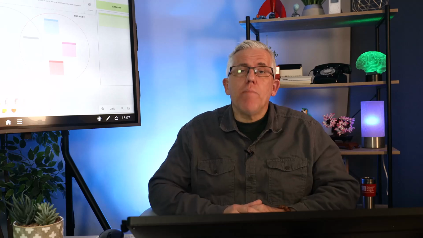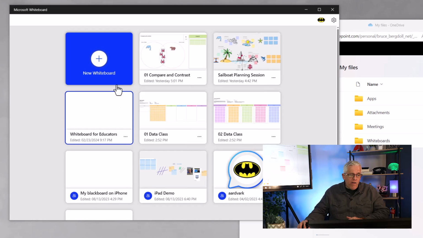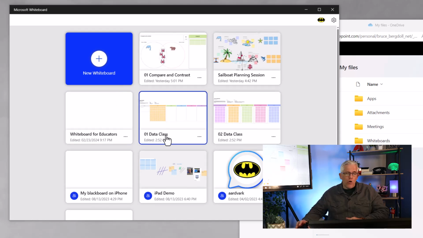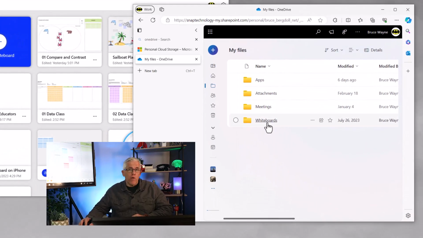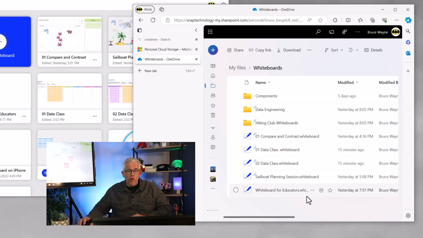Here's a tip that can make working with the Microsoft Whiteboard a lot easier. Here I have my Whiteboard app, and you can see all of the whiteboards that I own as well as the ones that I'm a member of. Over here on my OneDrive, if I go into my Whiteboard folder, I can see all of the whiteboards that